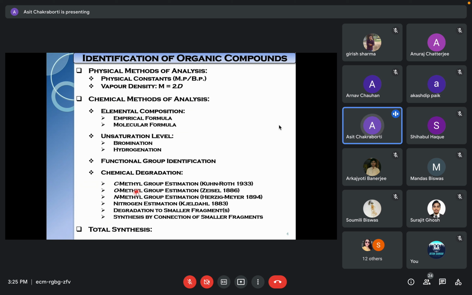Right, so fine. Now the point is that when we utilize these techniques for the purpose of identification, there are certain group frequencies you should keep in mind. If I ask you for the distinct position, plus or minus 0.1 delta might be fine, so your answer is correct. But if I ask you for the tentative range of COCH3, where CO means carbonyl group, then olefinic CH3, and the least delta value will be when it is attached to the sp3 carbon. So the tentative range.